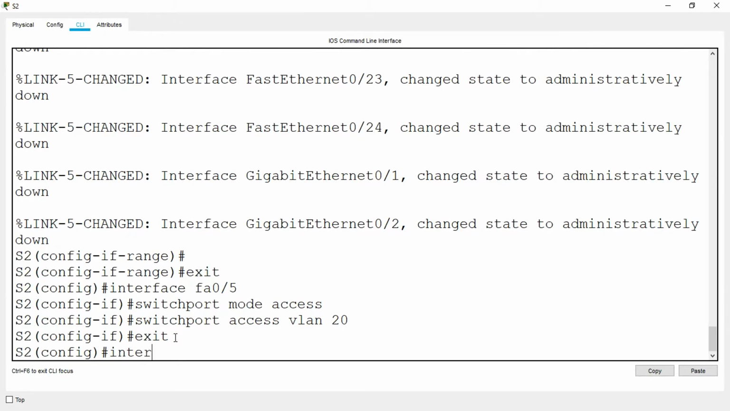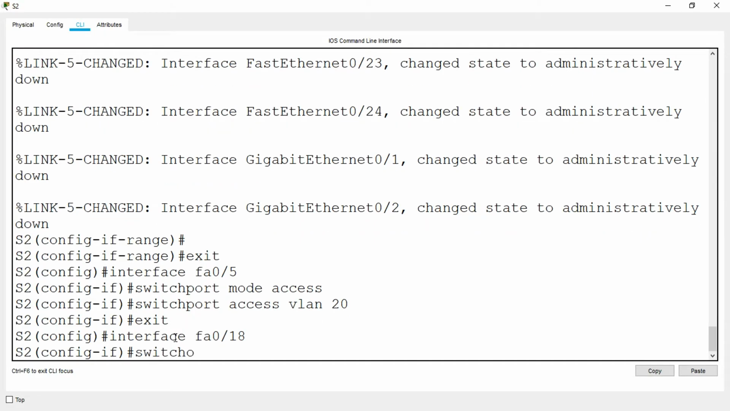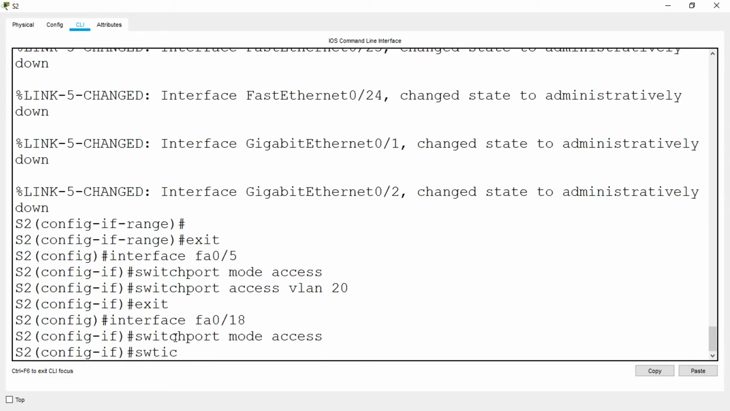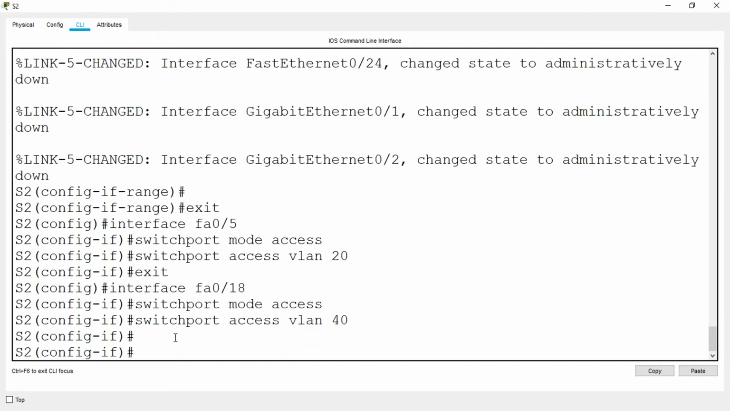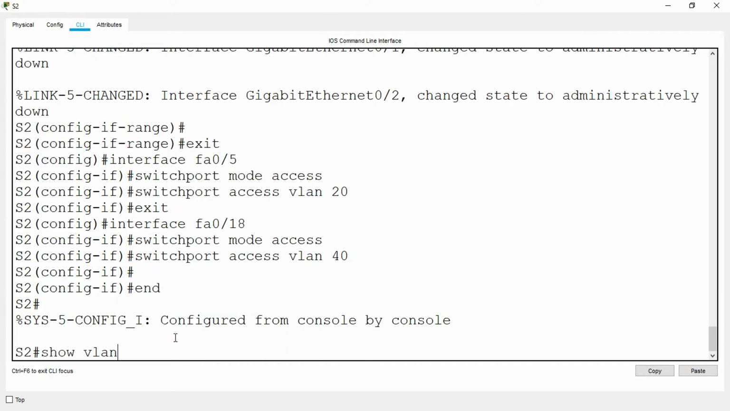Exit, interface FA0/18. Switch port mode access. Switch port access VLAN 40. Okay, we can verify it. End, show VLAN brief,